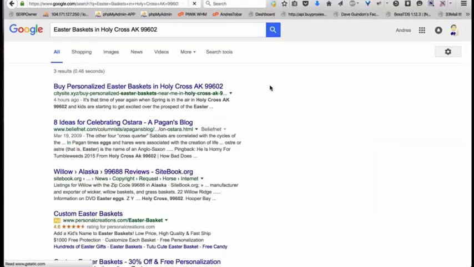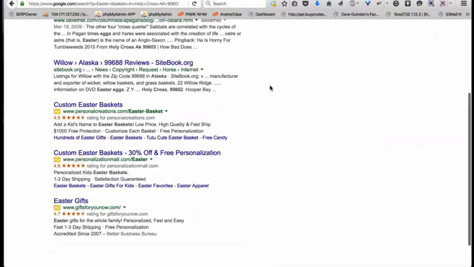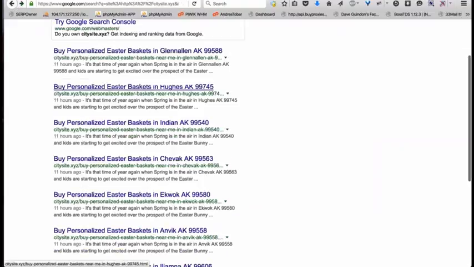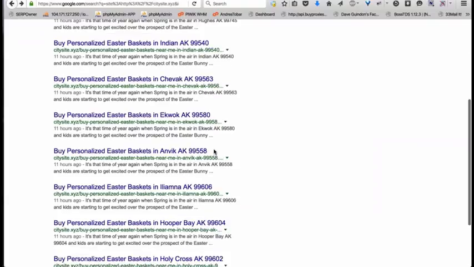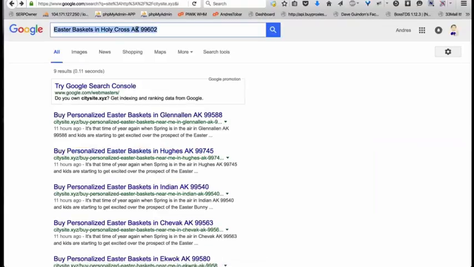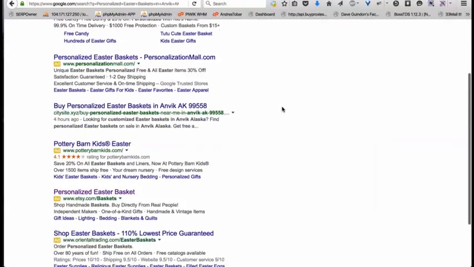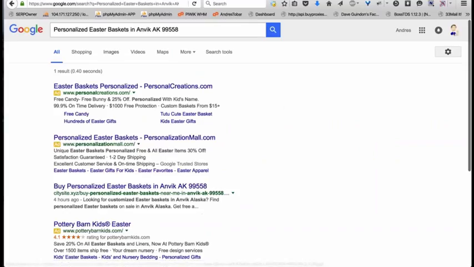As soon as it starts to index, okay, I have 100 indexed here. What I do is, as soon as it starts to index, I start checking the first handful. I want to see where they rank. So I just did buy personalized Easter baskets in Gustavus, Alaska, just because it was the first one on a site colon.